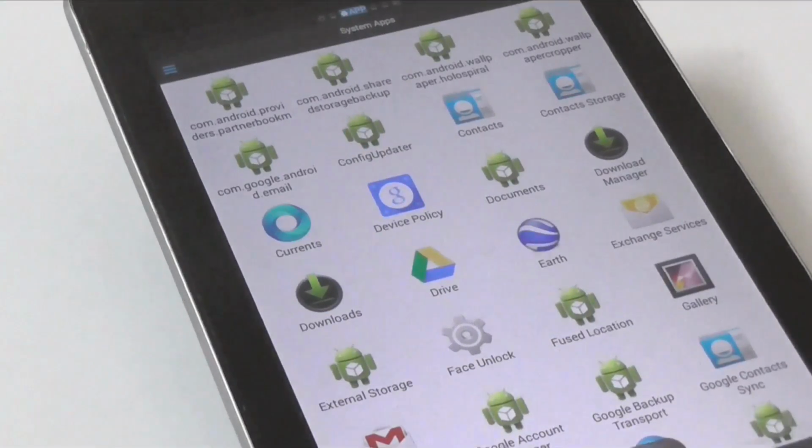Once we go back to the apps, there will be no email app now. Tip number 8 is just the opposite of what we did in the previous step, that is installing any app